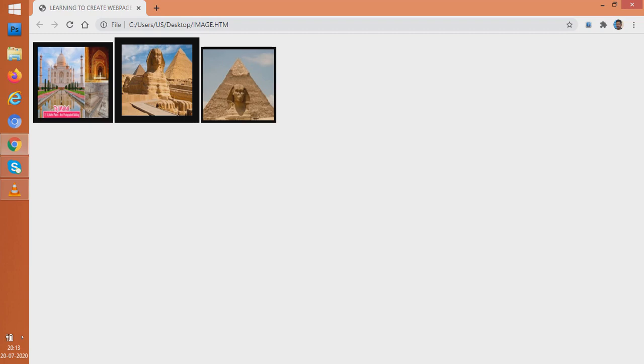See students, the middle one was 15, so the image has a border which is really very thick. The Taj Mahal image has a border of size 10, but the border of the second pyramid is, what was it, student? 5. So it is a bit less thick than the other two. As the border sizes are different, the height and the size of the image also change with the border, but the internal images are equal in all the three given images. These are of 150 by 150 pixels.